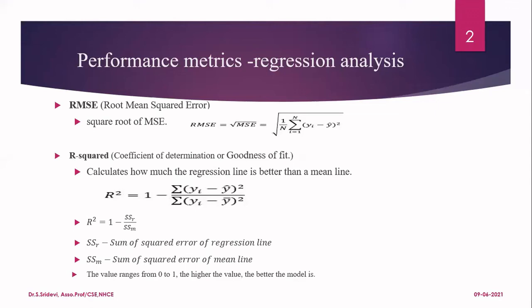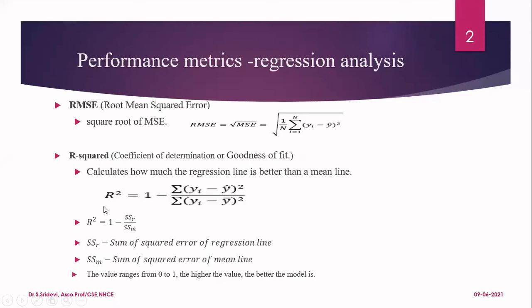In the other case, you are not going to plot the regression line. Instead, you are going to plot a line with respect to the mean of the given samples. If I give you 10 samples, you find the mean of all the 10 samples. Then with respect to the mean, you plot one straight line. Then from that straight line, you find the difference between the actual value and the mean. Then you will get one term. So this is called R squared.